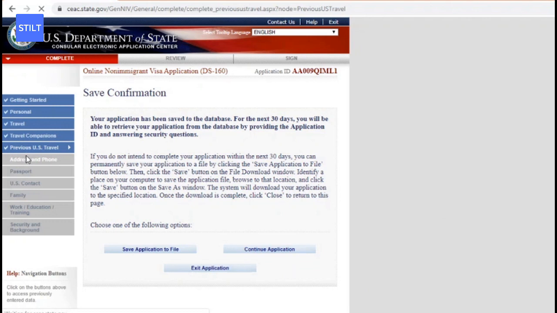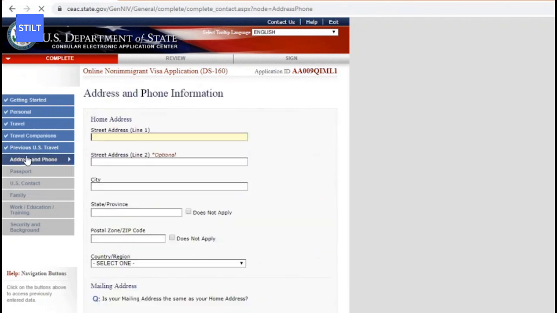Address, and the next section is address and phone. Let's move on to that. Street address, this is your personal information, as in street address at home, so you need to give an address. I'm gonna go with Bombay Street,